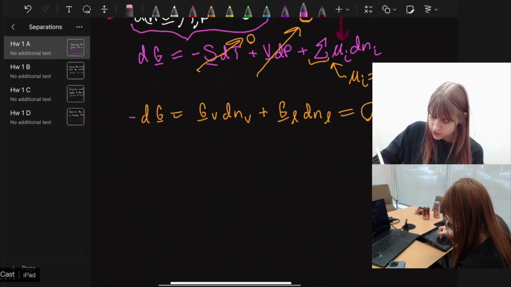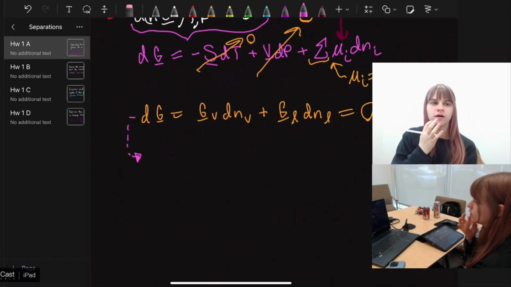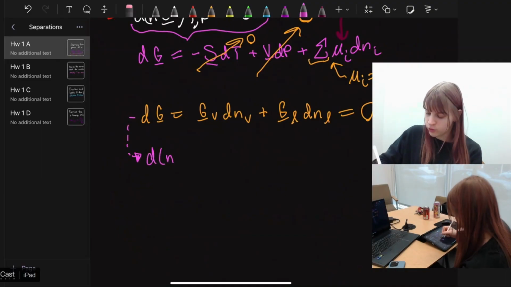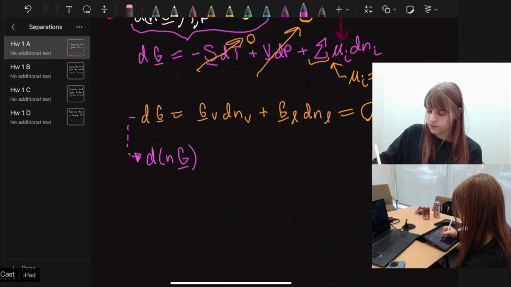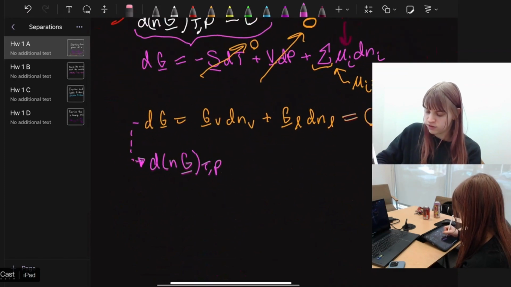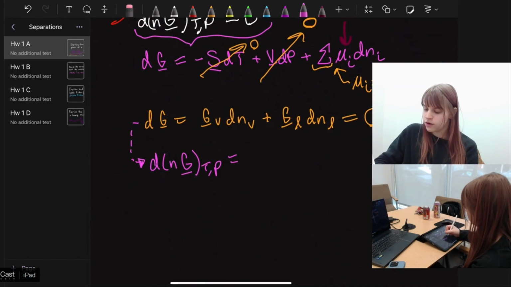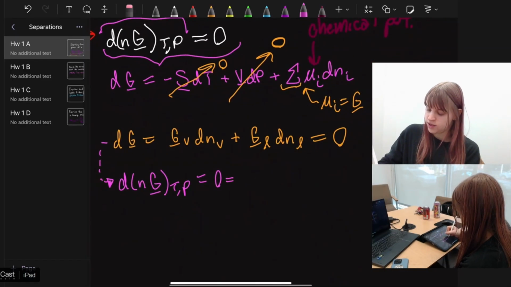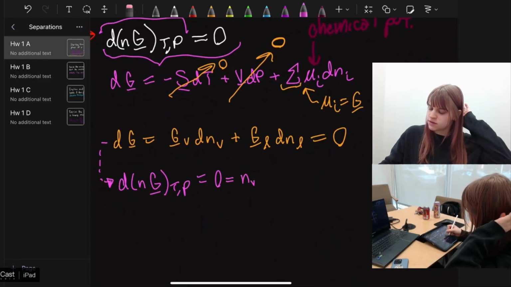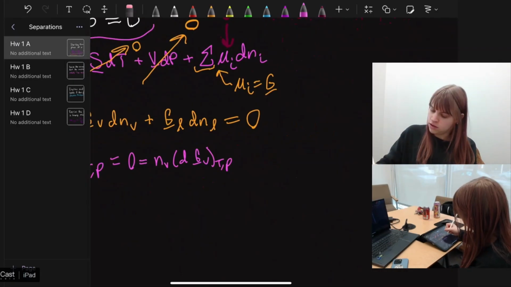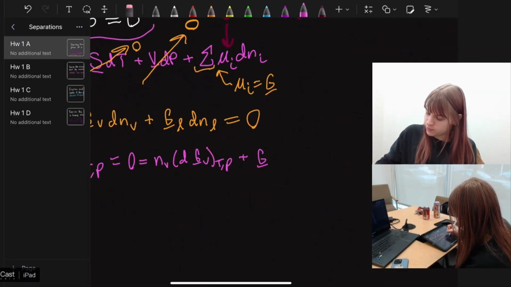So I'm going to write this right here in a little bit different of a way. The change in the moles times the Gibbs free energy, at constant temperature and pressure, we're using this right here. We're going to say that is equal to 0, as we had determined already. This is equal to N_V, the moles in the vapor phase, times the change in Gibbs free energy in the vapor phase at a constant temperature and pressure, plus the Gibbs free energy in the vapor